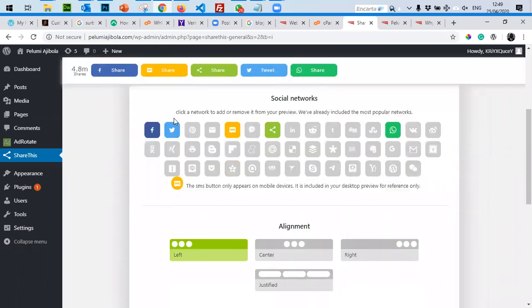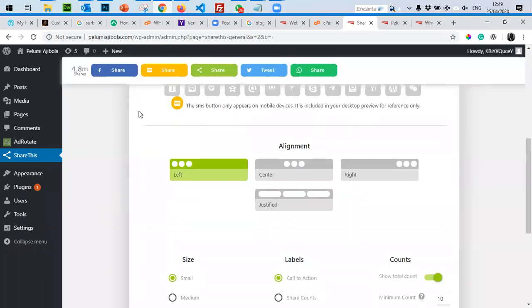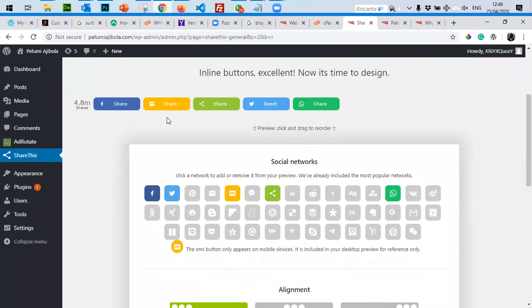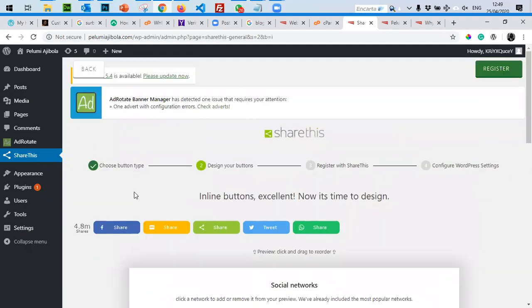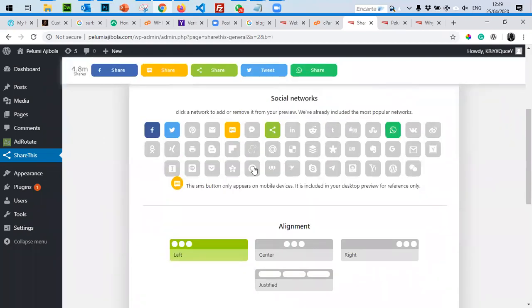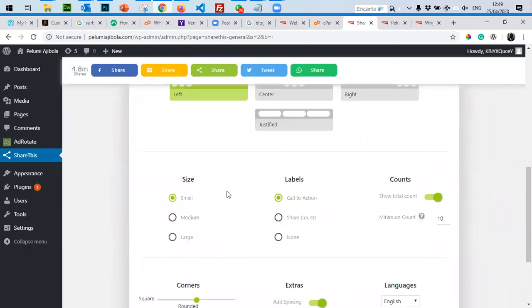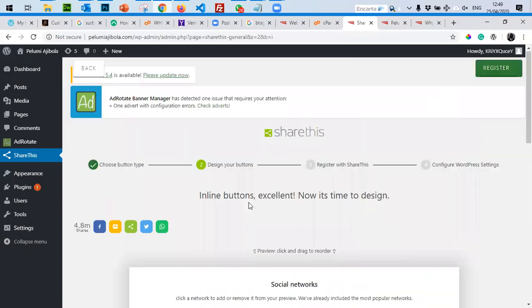Once you've selected the list of items you want to share, there's also somewhere where you can change this to normal icons, like this. I'm looking out for that. Whether you want to show share counts or you don't. None just drops all the counts. Do you understand? Me, I prefer it like this. It's very neat and nice. So once you're done